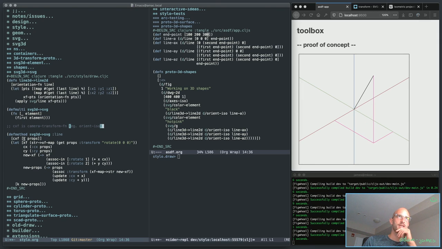So that's that, and then K in props is just the destructuring of the element itself. So K new props is what's returned, which is fine. And new props is actually going to be the two-dimensional version of the properties. So what that means is